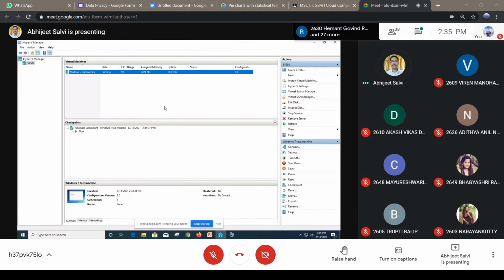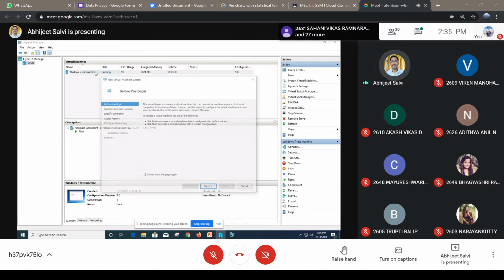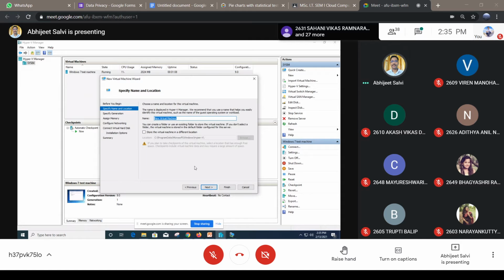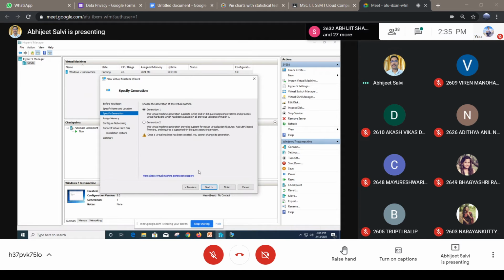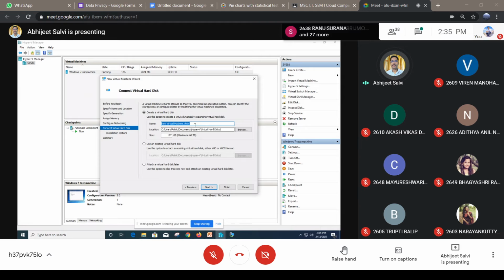Once again, if you have any doubts, create a new virtual machine and then follow next, and give the name. Then generation one or generation two, next, then dynamic memory, next. For the time being it's not allocating in C drive, so I'm putting that in another drive.